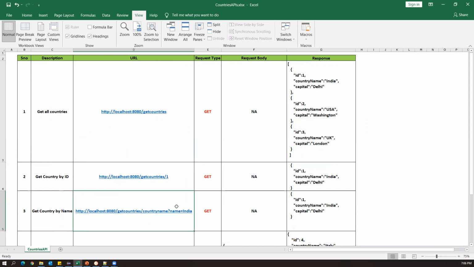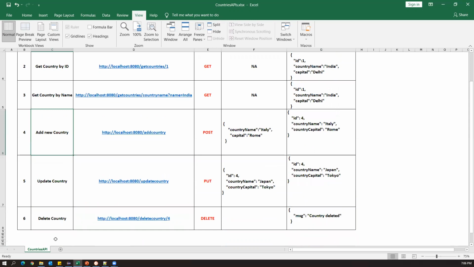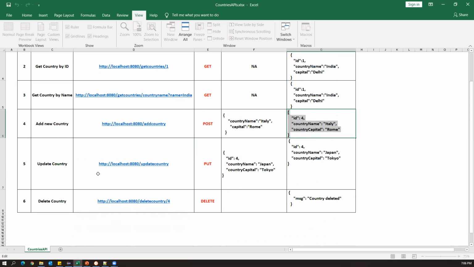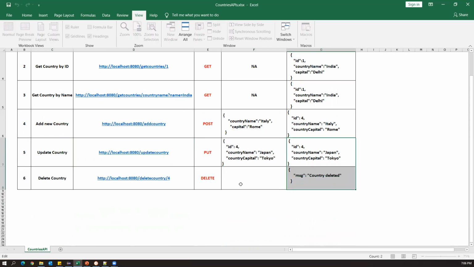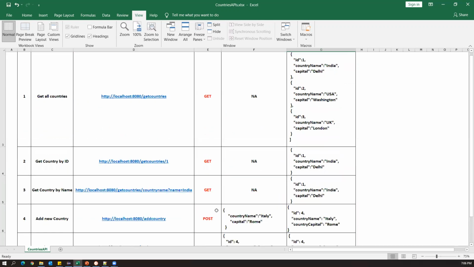Here I can pass one query parameter, let's say name equal to India or name equal to some other country. Accordingly, we need to get the country information. And we also have a few more requests. Suppose you want to add a new country to the service, we can send a post request and specify the country name and capital, and it will automatically be added to the service. And then update country and delete country. Here I'll provide the country information, which will update the existing country. And when you provide the country ID as part of the URL, it will automatically delete the country. So these are the API endpoints which we currently have.